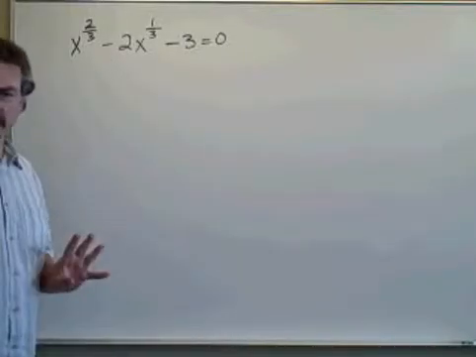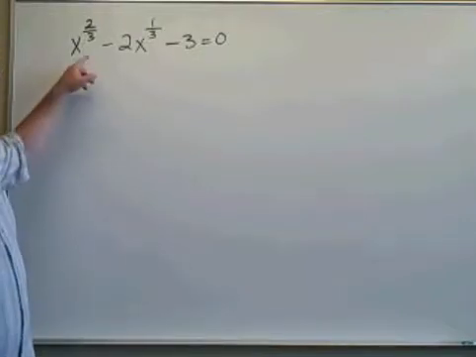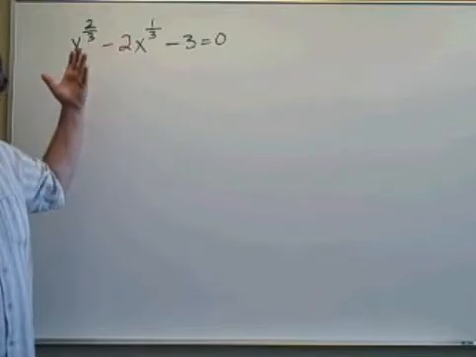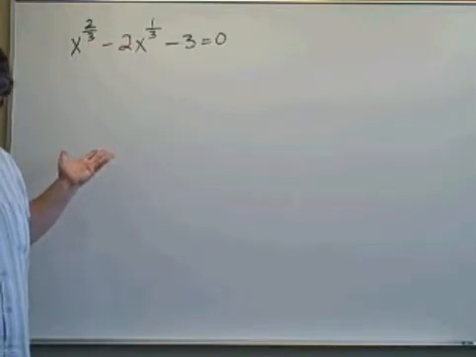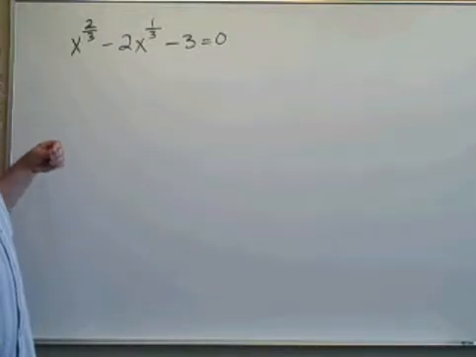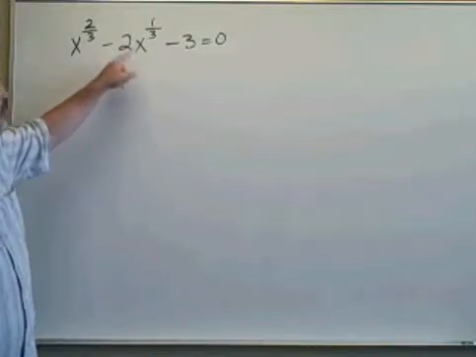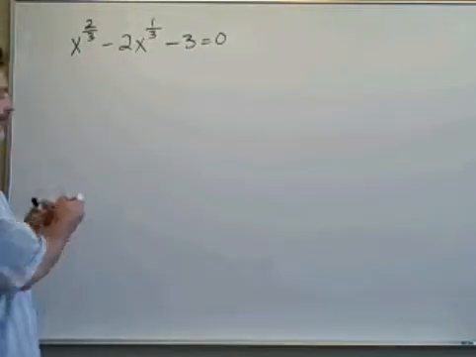Here's another equation that, when we look at it, is a very strange looking one. It has two terms whose variable has rational exponents. They have exponents that are fractions. And that can be very messy to try to deal with. But if we do a little thinking about the relationship between x to the 1/3 and x to the 2/3,